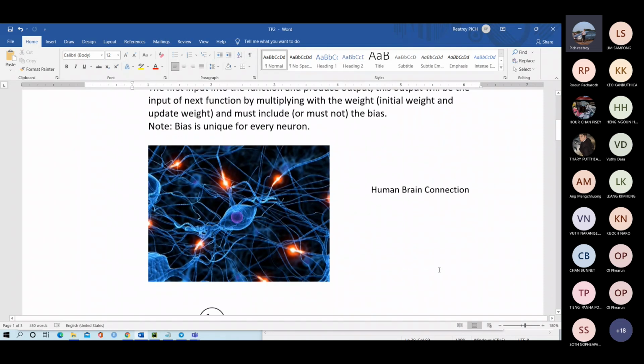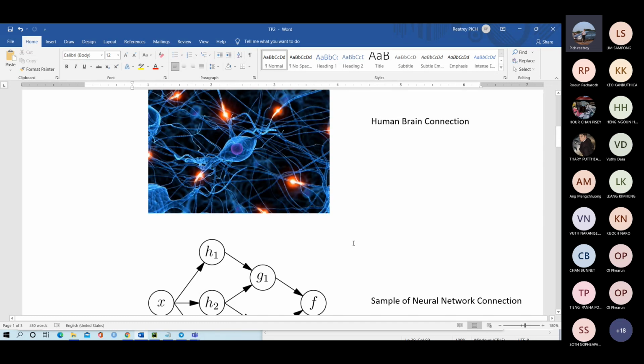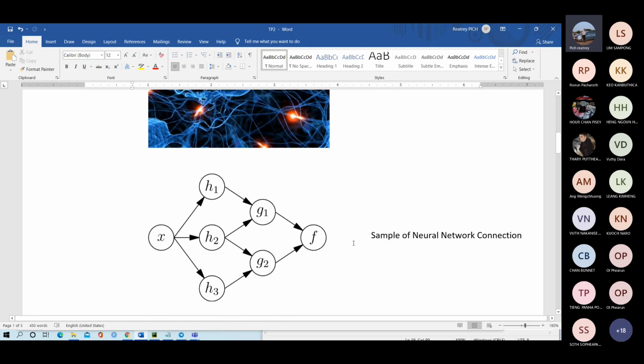As you see in this figure, it's a human brain neuron connection. Based on these connections and human observations, we produce something. In this case, it is a simple representation of the neurons in neural network connections. So I have input X and a hidden layer, with inputs X1, X2, and X3, and the first input goes up with the bias W1.